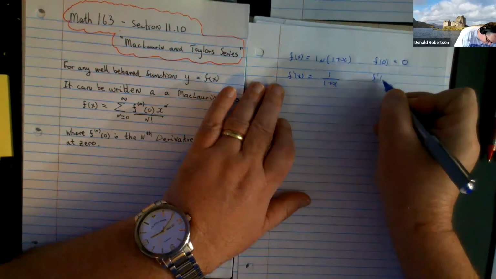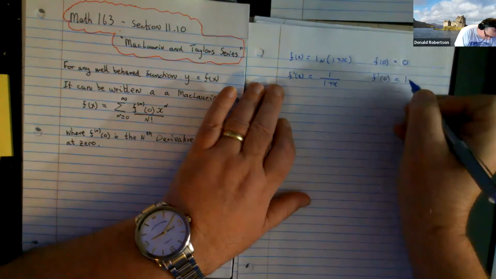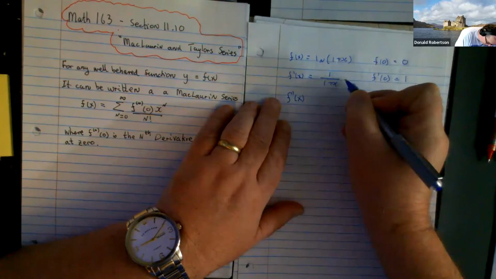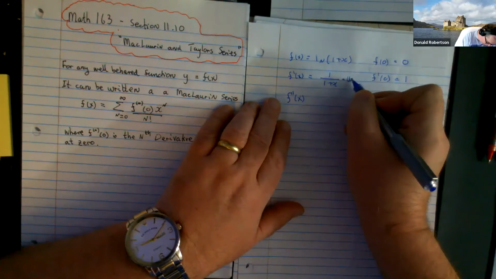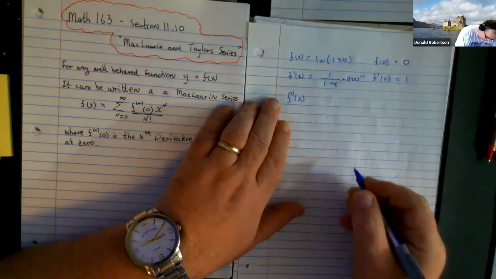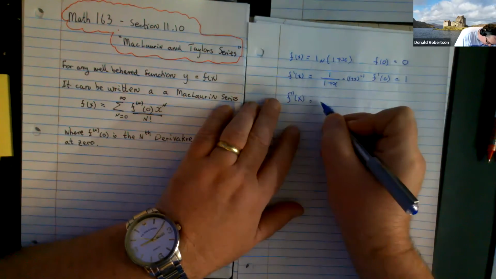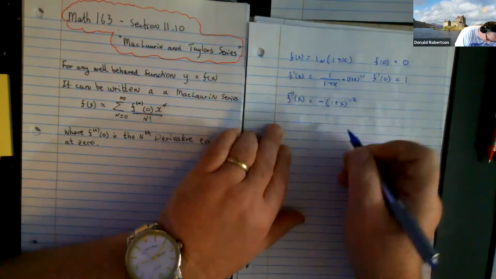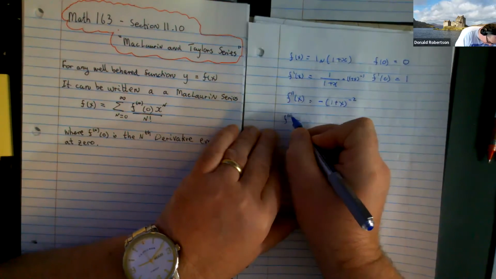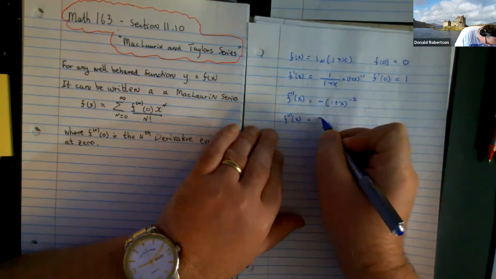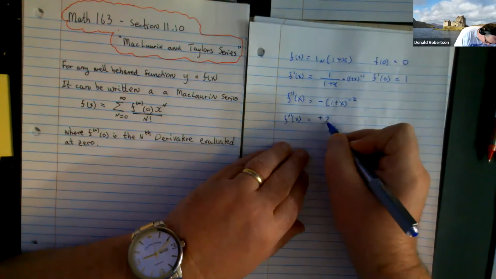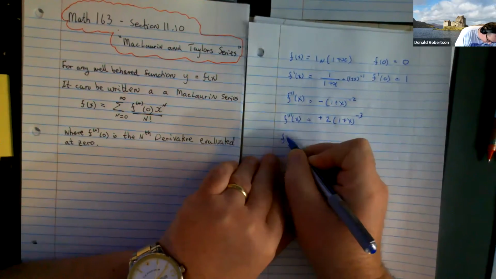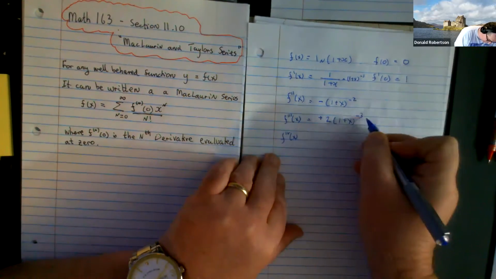and the first derivative at 0 is 1. If you do the second derivative, you probably want to call this guy 1 plus x to the negative 1 now. So if you do the second derivative, you get negative 1 plus x to the negative 2. If you get the third derivative, you get positive 2, 1 plus x to the negative 3. If you do the fourth derivative, you get,